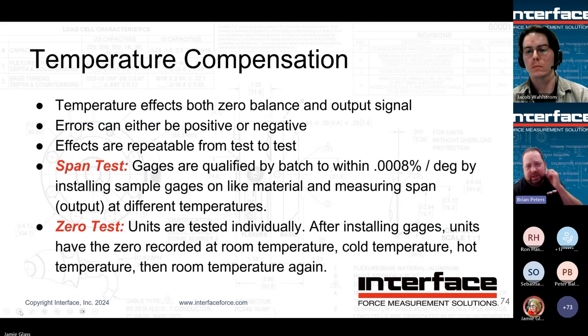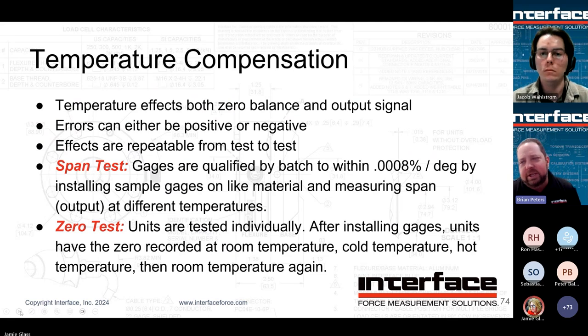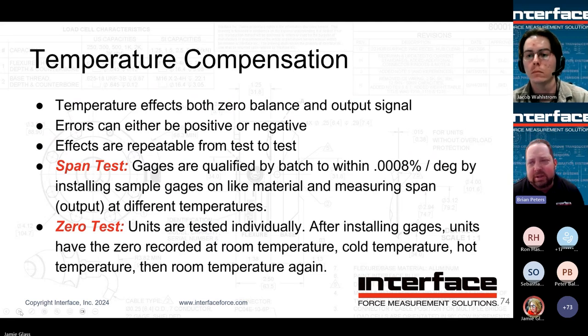All right, so temperature compensation. Jacob's done a great job to talk about how temperature affects gauges and things we can do. I think it's important for everyone to leave with an understanding that temperature change around a sensor is going to impact 2 things. It's going to impact the zero balance, right? So that can impact your resulting measurement after you apply load, but it also impacts how much output you get from the sensor. The effect on those can be positive or negative, but